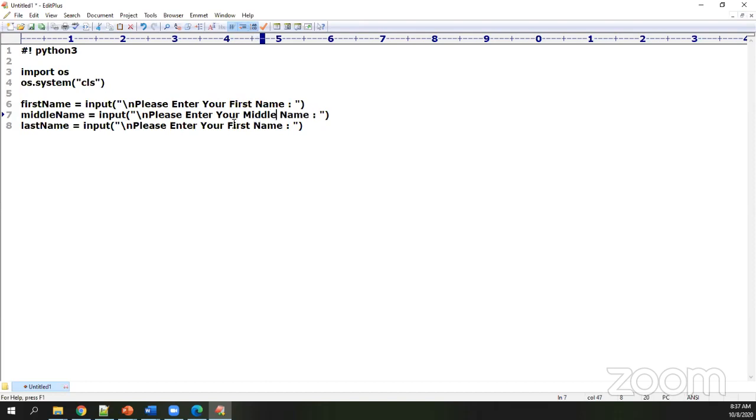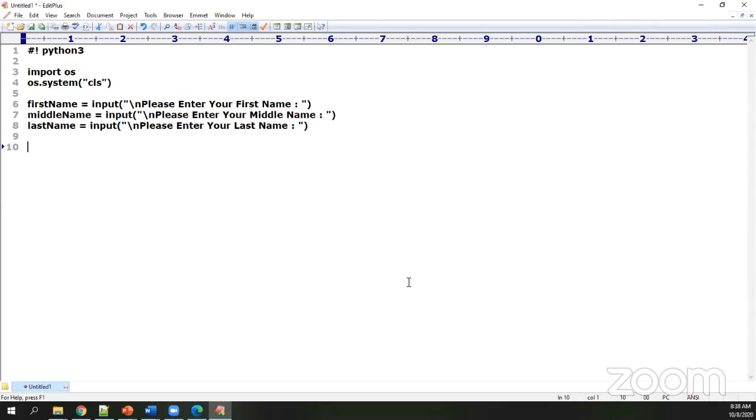That's middle name, that's my last name. Now, once your data has been captured, I'm saying print \n, and I'm saying printing the input details.